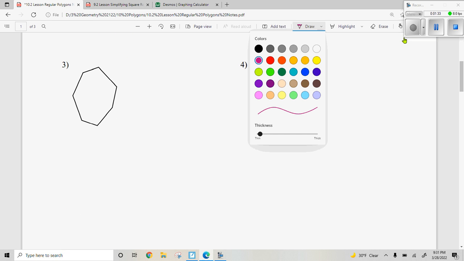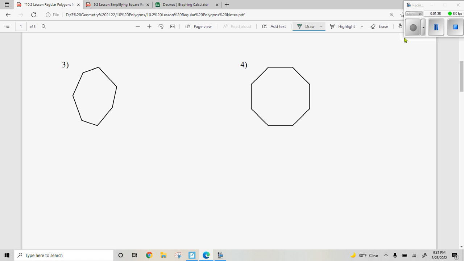Again, I'm just going through a couple here to show you the difference. This one, you can tell the sides are not all the same. The angles are not all the same. Some of the angles are bigger than the other ones. For example, this angle is definitely not the same as that angle. And so this is also not regular,